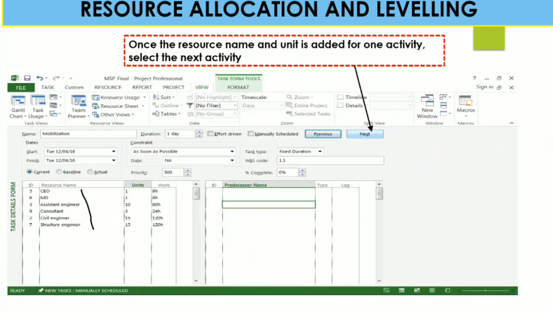Once the resource sheet, units and work hours have been entered by your project manager or any team leader, you can go to the next step. Once the resource sheet and units are added, resource leveling addresses allocation issues by employing the techniques discussed earlier, thus paving the way to optimal productivity. Based on this resource sheet, you can also optimize your project accurately and on a timely duration basis.